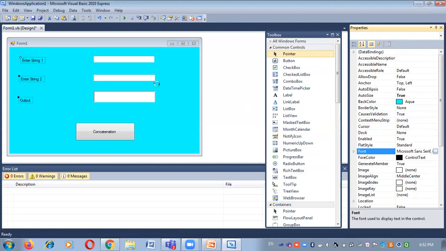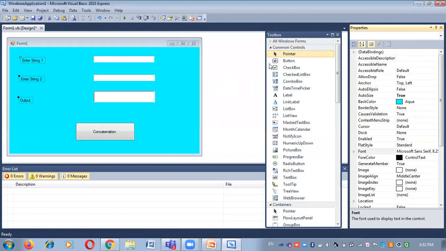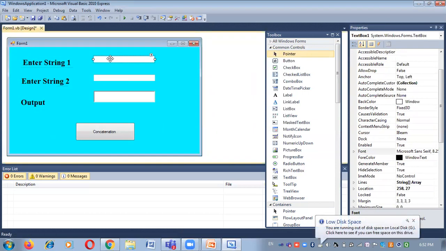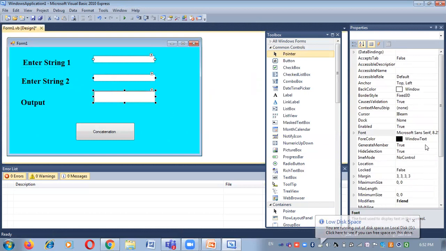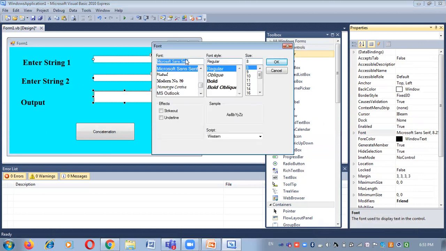After clicking on font, different fonts, styles, and sizes are displayed here. You can choose any one. If I want to select Times New Roman and bold, the font size is 18. Similarly for the text, again selecting the three text box controls and changing the property to Times New Roman, bold, and 18.